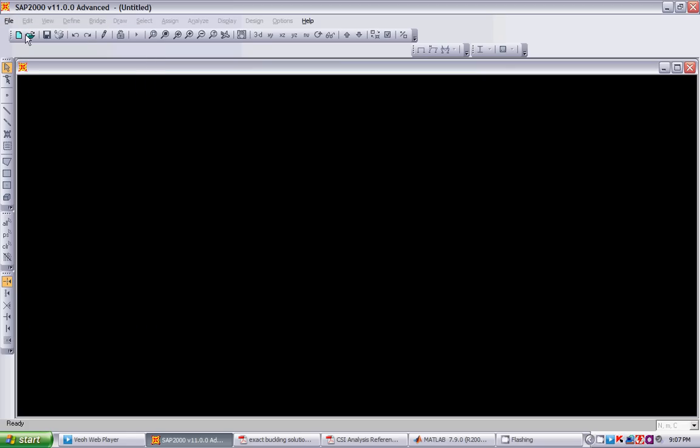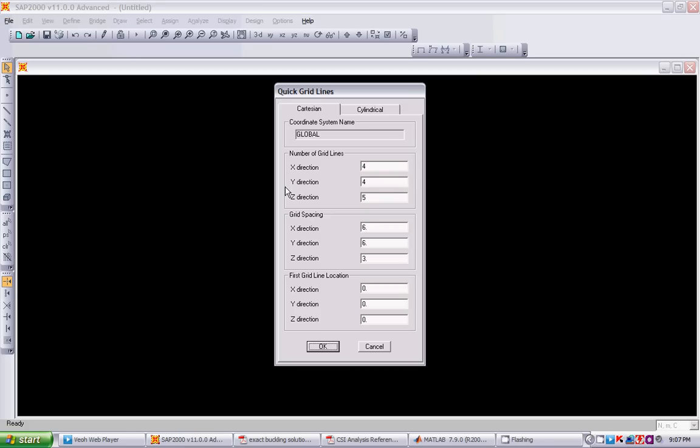You create a new model, you create a grid, and let's say the plate is in the xy direction. So two grid lines for the x, two grid lines for the y, and one for the z. And let's say the length of the plate is 100 mm, so it will be 0.1 meters, and height, in order to keep that aspect ratio to be 2, it will be 0.05, and this is it.